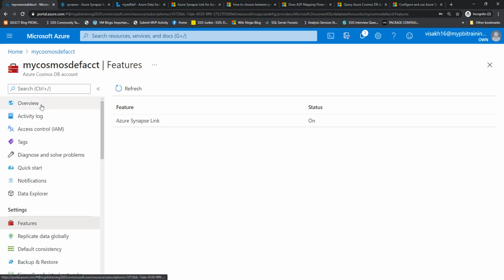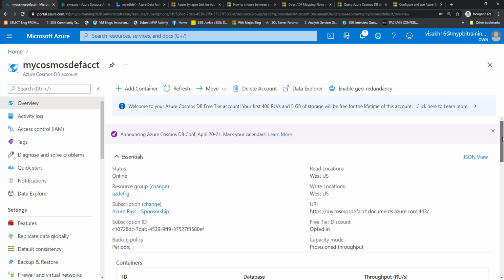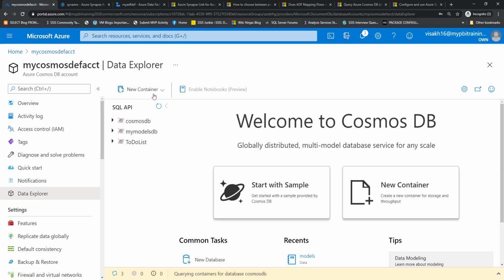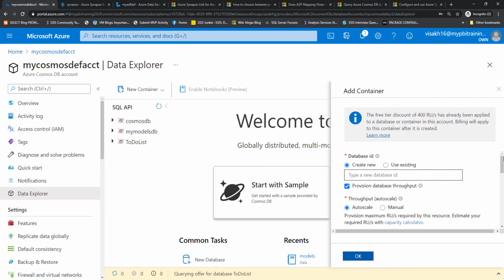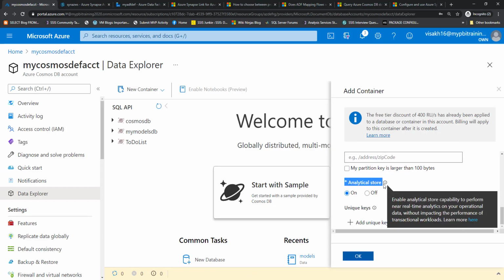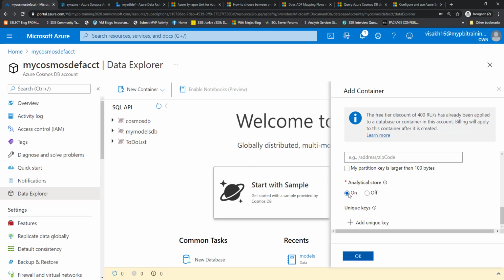Now the next thing you need to do is, when you come to your Cosmos DB and create a container, that is where we need to enable the analytical option. When you create a container using the new container option, there is an option inside that which says analytical store. This is the option you have to turn on to ensure that the data from your NoSQL system gets translated into a column-based index format and stored inside an analytical system which it uses in the background, and this analytical system will be closely integrated with your Synapse Analytics instance.